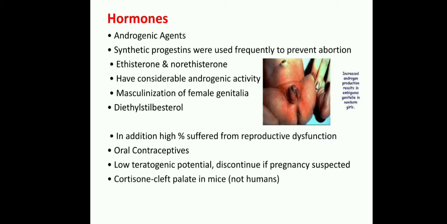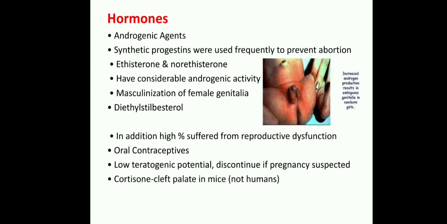causing masculinization of the female genitalia. Here, look at that picture: masculinization of the female genitalia. Look at the picture; is that a male child or a female child? Can you guess? How does the baby's genitalia look? Does it look male or female? But here, because of the effects of the androgenic hormones, the baby may suffer masculinization of the genitalia, meaning ambiguous genitalia. Because of increased androgen production, ambiguous genitalia appear in the newborn. Ambiguous means a mixing of male and female genitalia.